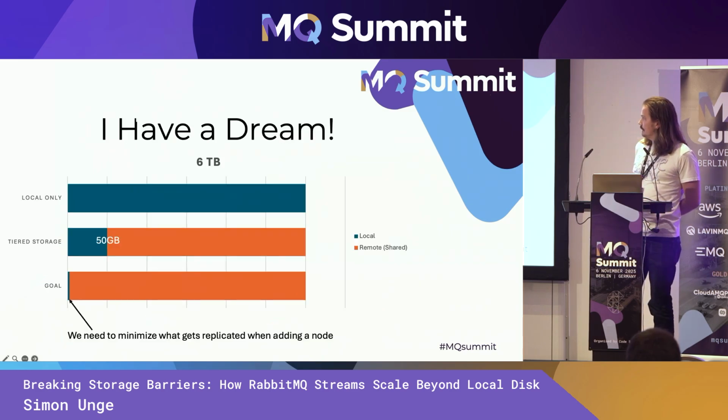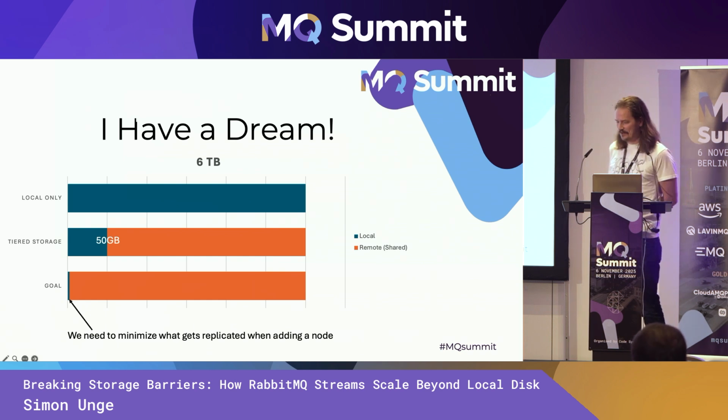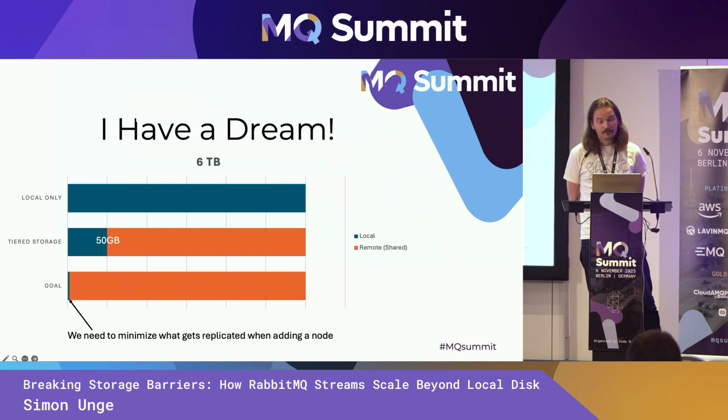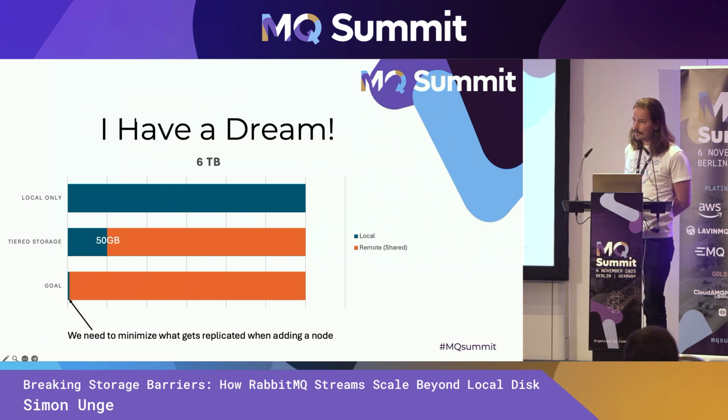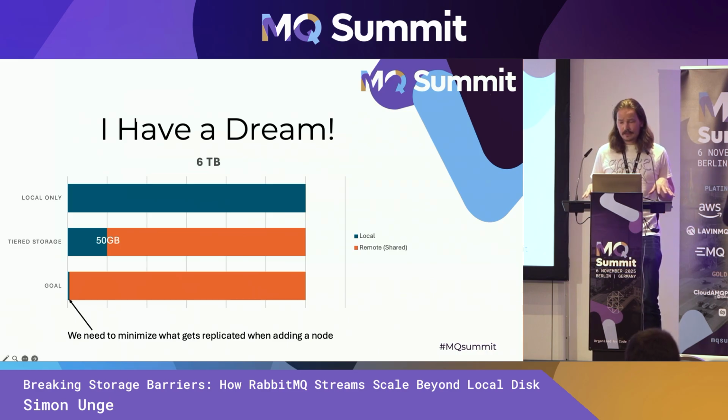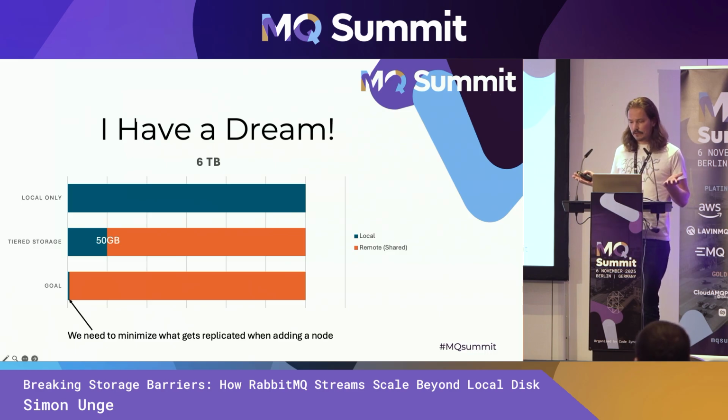So we have a dream, and yeah, it's going to be ABBA themed. We have a dream in our little team to fix this, right? We want to scale out to go down from hours to just seconds, preferably. And our thought process was that we looked at what we have today, where we have local-only storage, 6 terabytes of data. That really doesn't work in the case of ABBA, right? We just saw that fail.